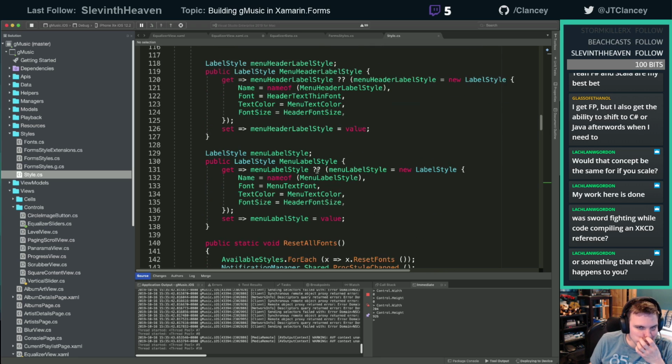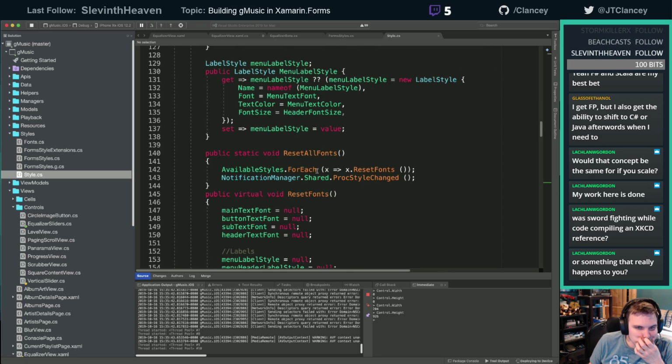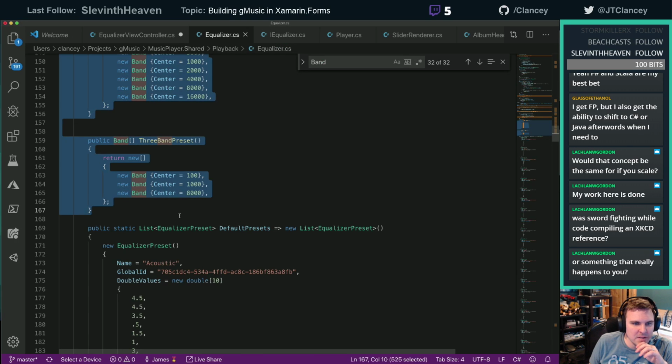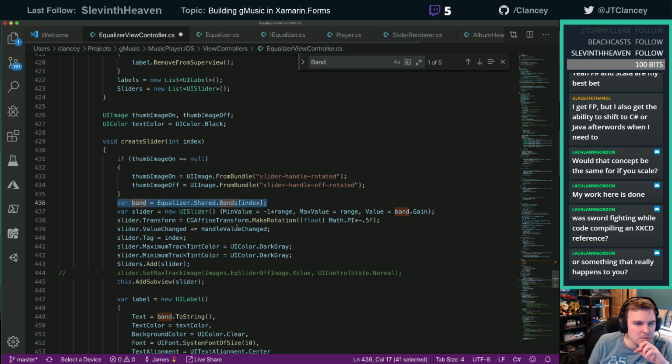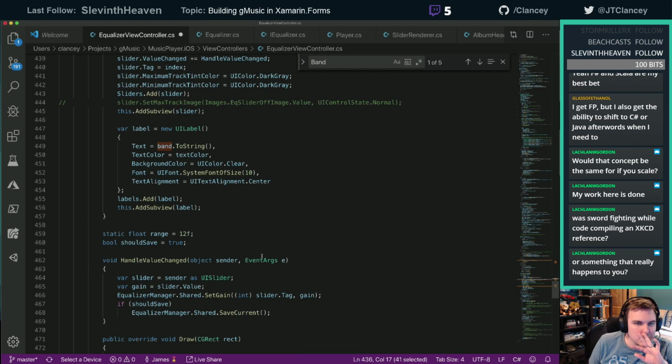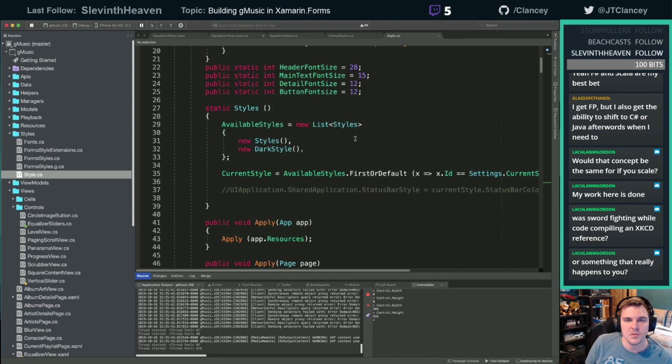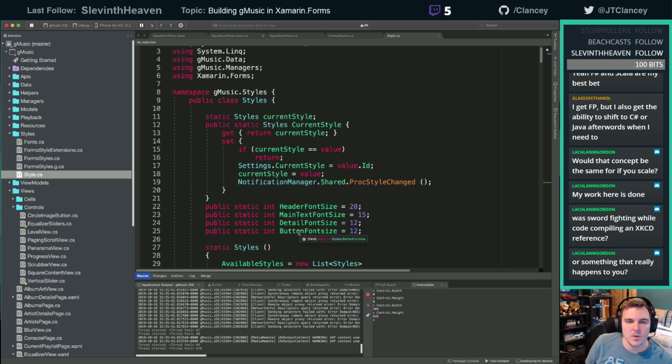How did I do my old one? I always have these weird style things somewhere. Oh, I just did a small font of 10. I have nothing that small. We can do detail font, see what that looks like.